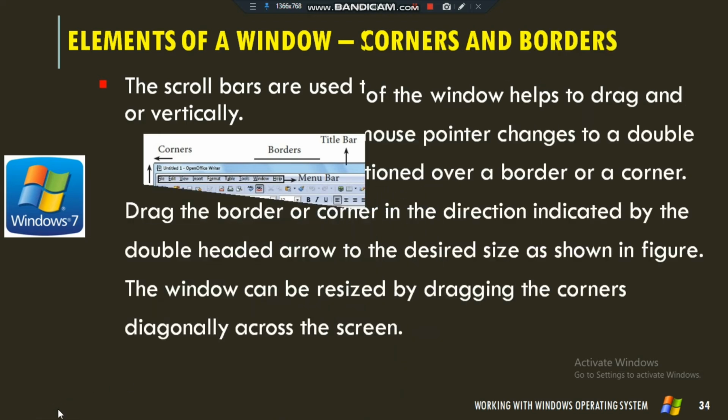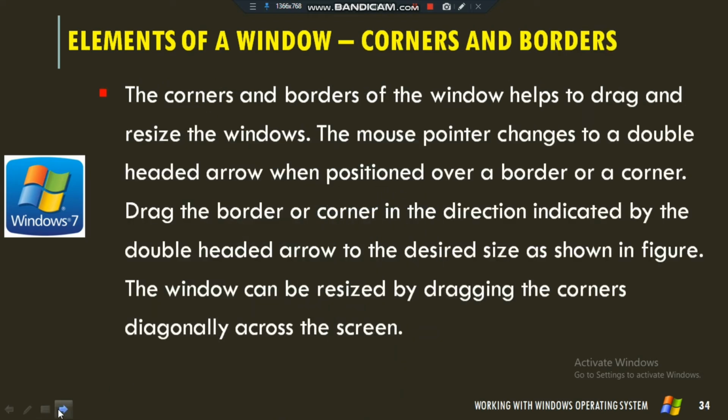The next one is corners and borders. The corners and borders of the window help to drag and resize the window. If you want to move the window from one place to another, place your mouse pointer on the title bar, hold down the left mouse button and drag to the specified location. The window can be moved from one place to another.